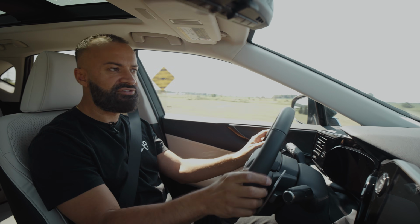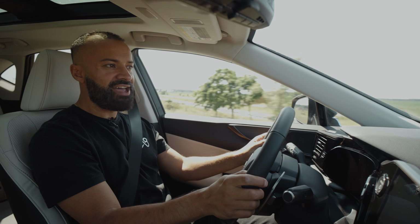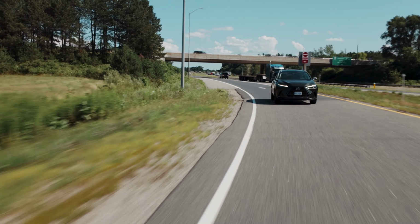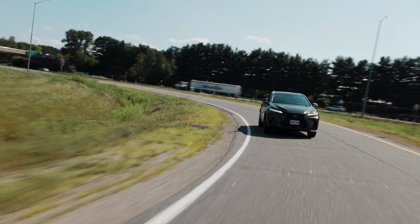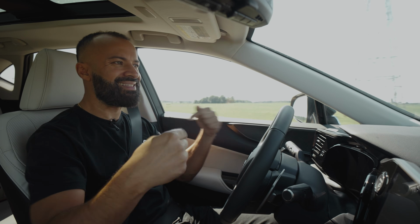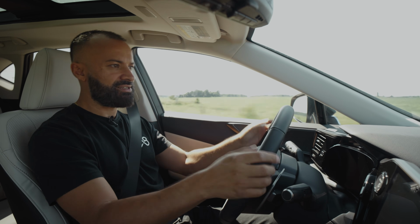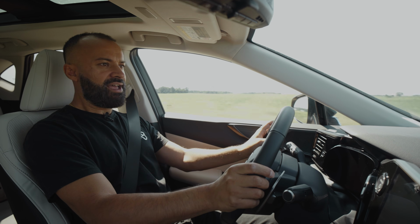Does this NX 350h have any flaws, or Lexus NX in general? And the answer is not really, but it's a bit confusing, because when you look at the vehicle on the outside with these sharp cuts and aggressive styling, you believe that when you jump into the cabin and drive it, you're going to expect sportiness, performance. And